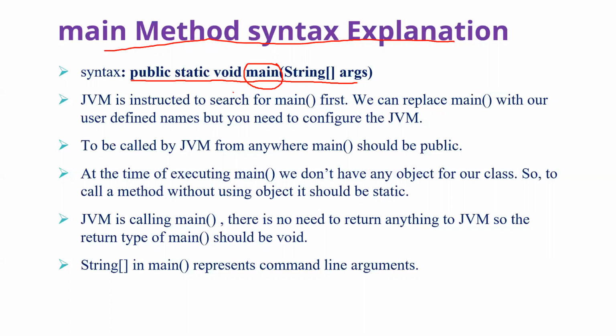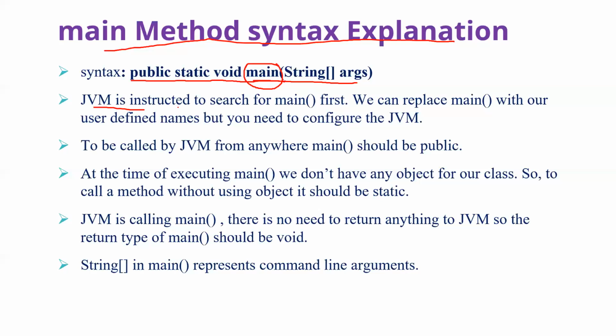But the JVM is a software, right? The JVM, which is developed by Sun Microsystem, was configured in such a way that it always looks for the main method only. If you write your own name, it won't check for that. You can design your own JVM and rename it and use it. There will be no problem. But by using the default JVM provided by Sun Microsystem, you should write main only.